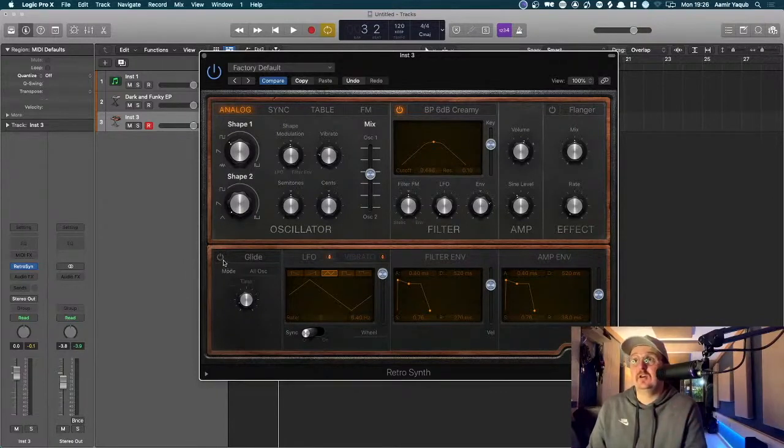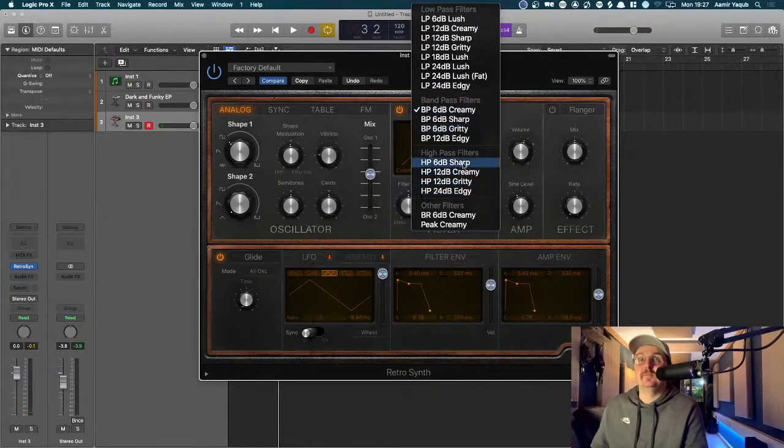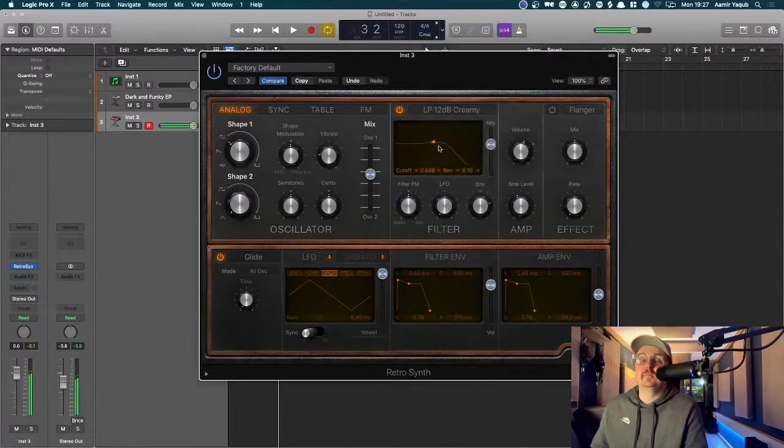So if I turn my glide on, what I'm doing here is saying, okay, how long am I going to slide between these two notes? If it's 0, it's not going to slide. It'll just go. That's what you'd expect, right? I'm just going to switch this back to a low pass filter just so that I've got a bit more meat in my synth. But if I turn my time up on the glide, listen to what happens here. You can hear it now sliding between the two. And the longer I open it up,